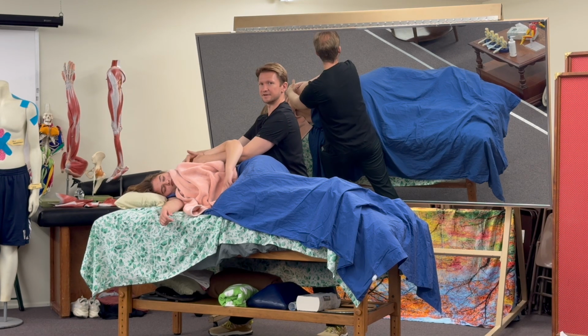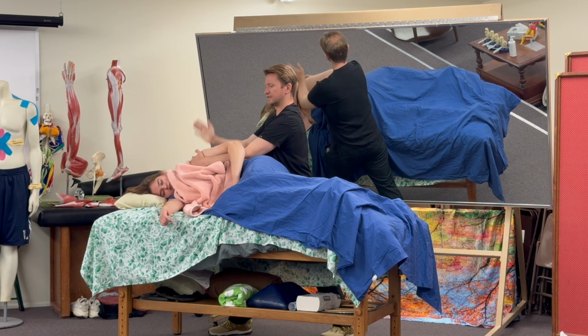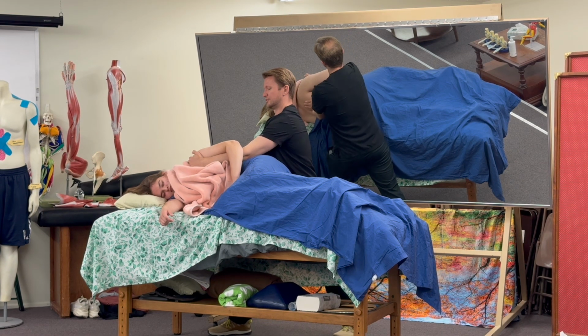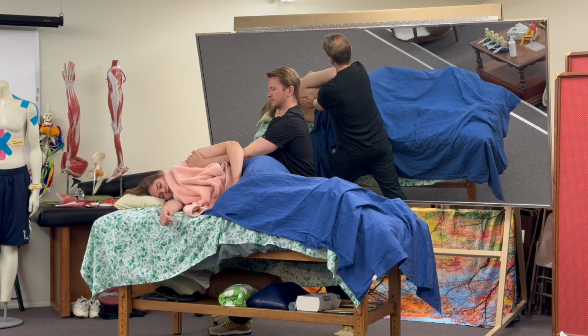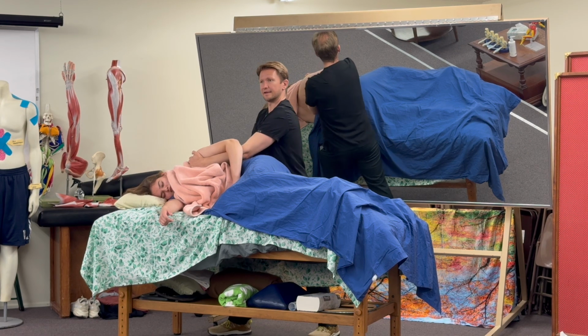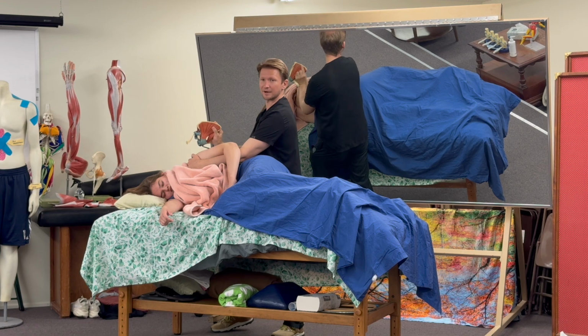My pinky finger, my digiti minimi, is holding the towel. Now, this hand has moved from the posterior side of the humerus on deltoid. I moved it down onto the scapula. I'll edit it together. So right now, where this hand is, and we'll see it when I turn to the other side, I'm on the inferior angle of the scapula and trying to push the scapula up into elevation, and then I'm just rolling around. If I grab that angle of the scapula,